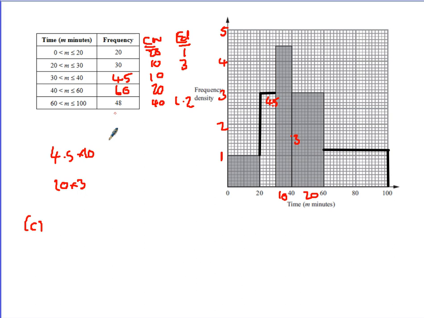So the median's halfway in all the values. So what I'm going to do is add these numbers together. There are two different methods here, but this is the one I prefer. So add your numbers together. So 20 plus your 30 plus your 45 plus your 60 plus your 48 gives you 203. So the median will be, add 1 and half it, it'll be